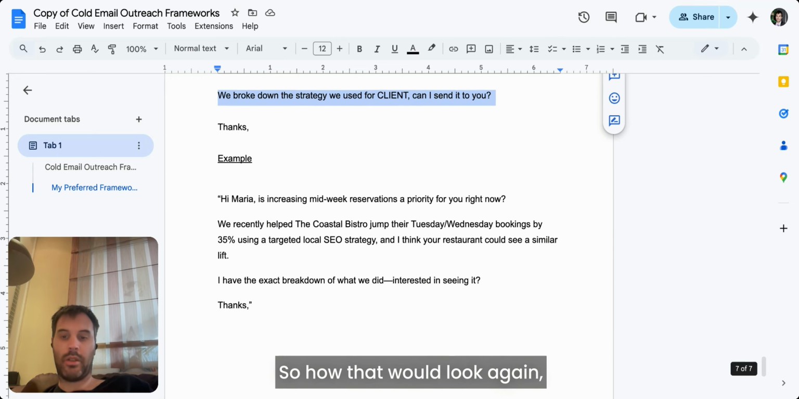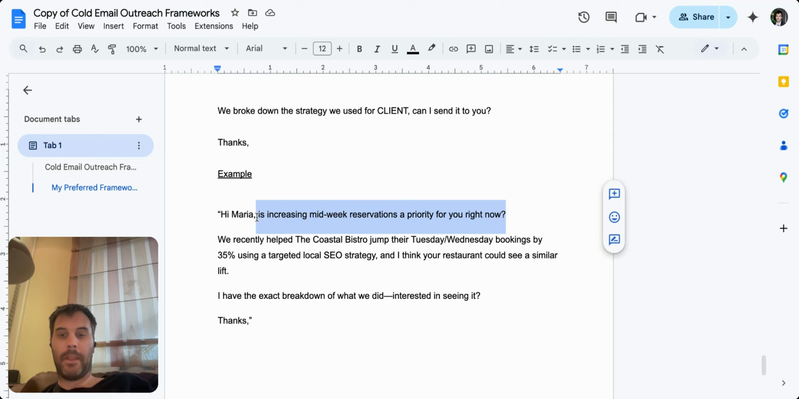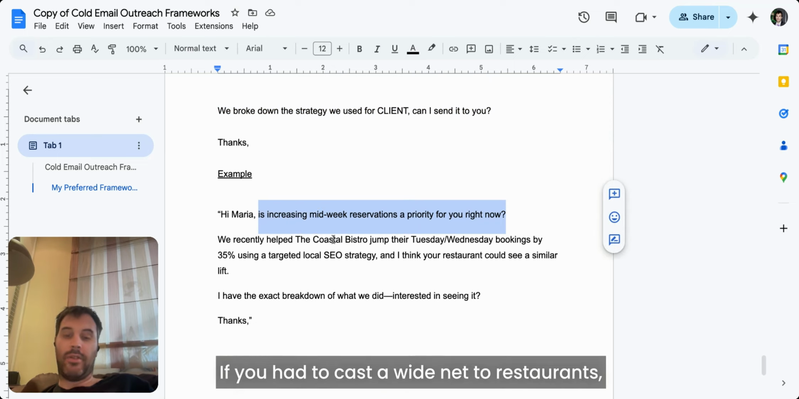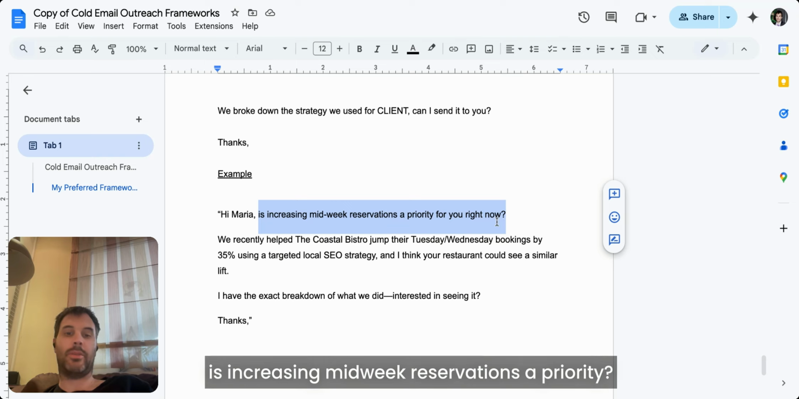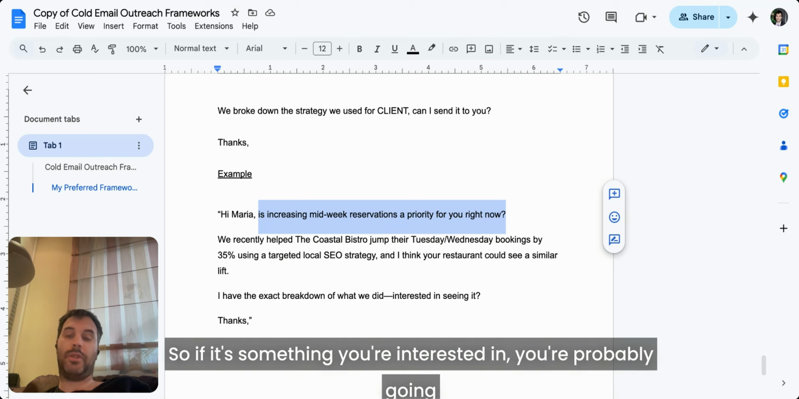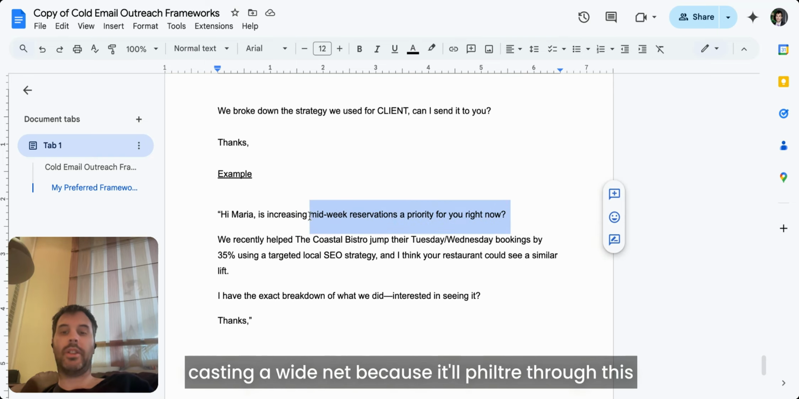So how that would look, again hypothetical, using the restaurant one. If you had to cast a wide net to restaurants and you didn't have data points for some of them, in this example it's like, is increasing midweek reservations a priority? If it's something you're interested in, you're probably going to reply, yeah, I've got some interest in it. This is why I like this approach when you're casting a wide net, because it'll filter